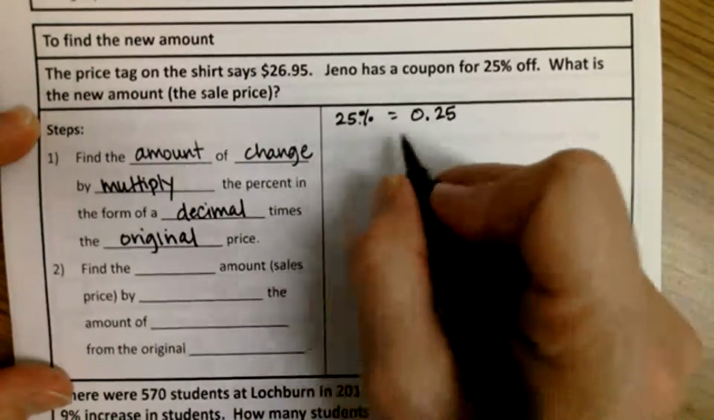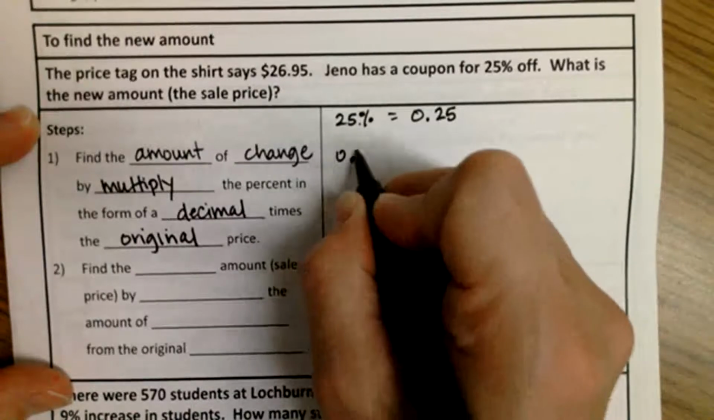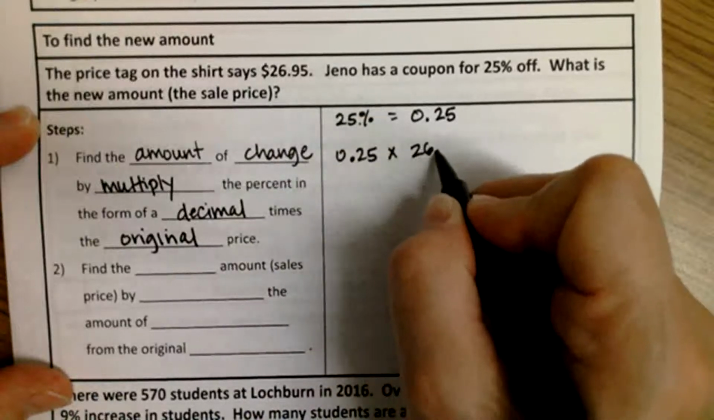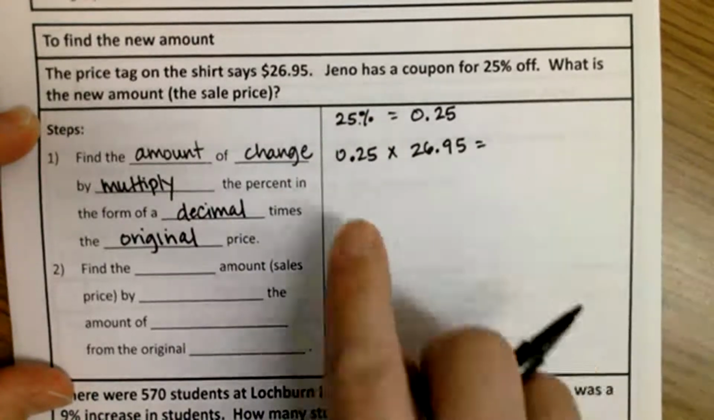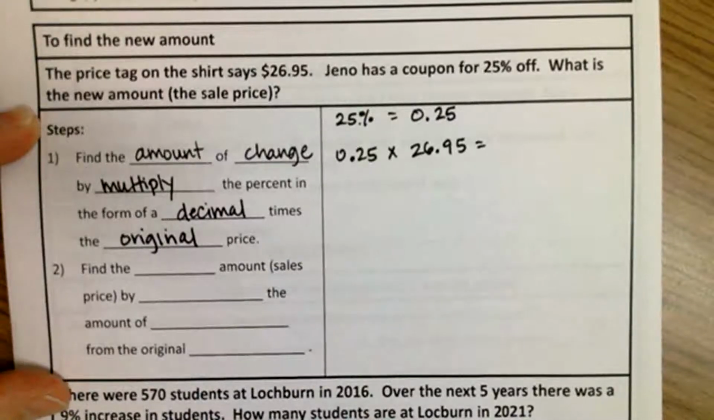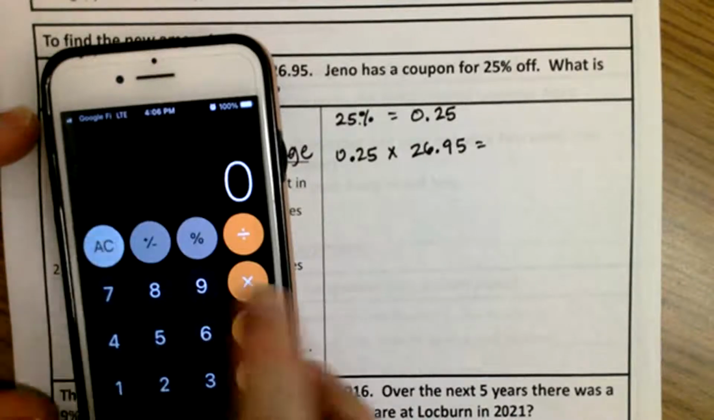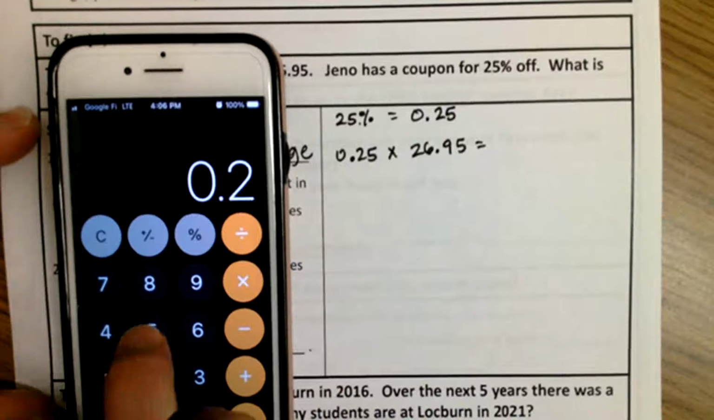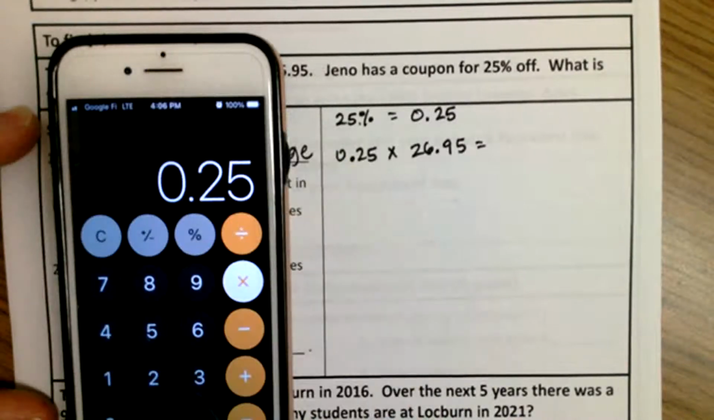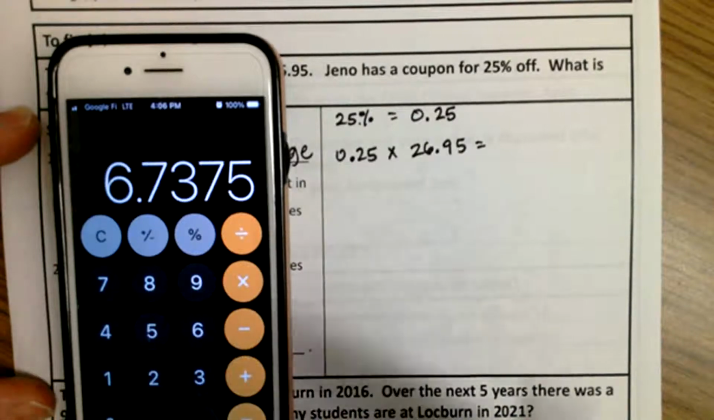Okay. Now I'm going to take that percentage written as a decimal and I'm going to multiply it times the original amount, which is 26.95. What I'm figuring out here is what is 25% of $26.95. Well, let's figure that out. 0.25 times 26.95. And I get